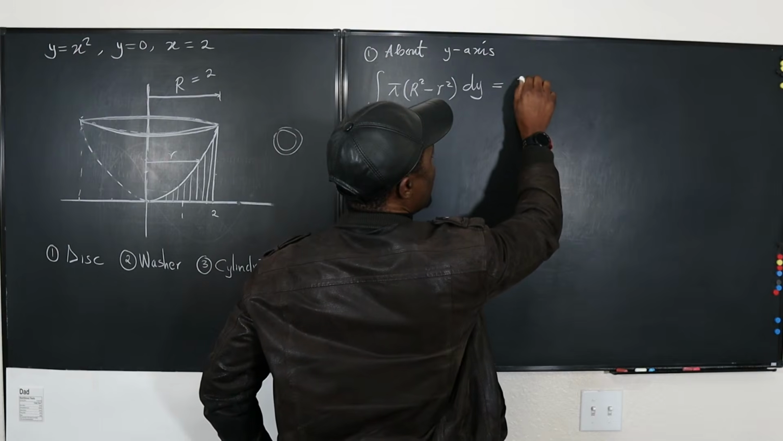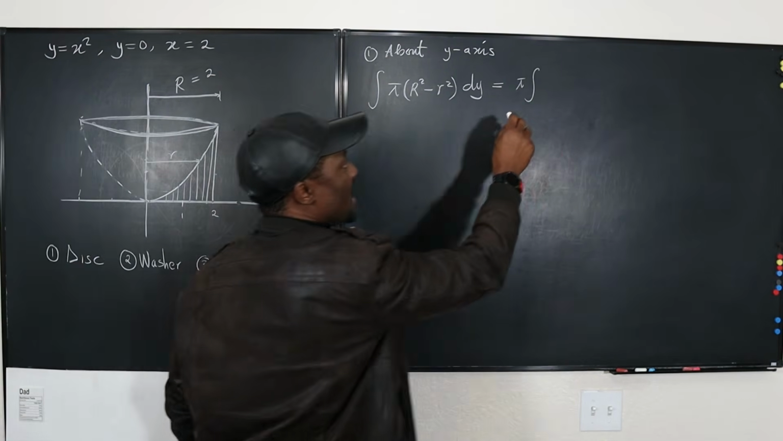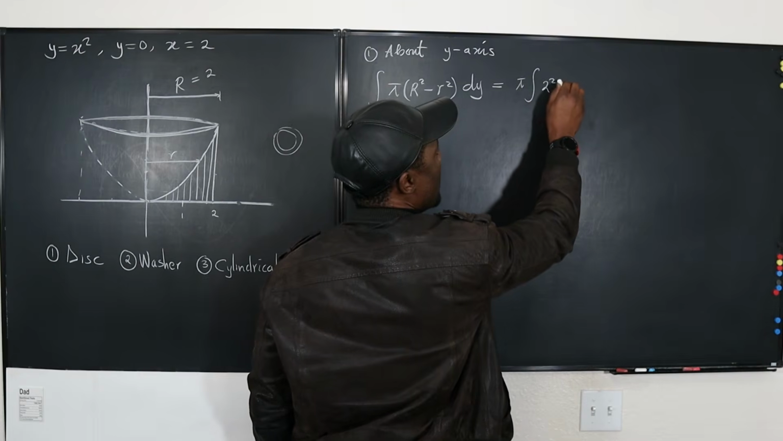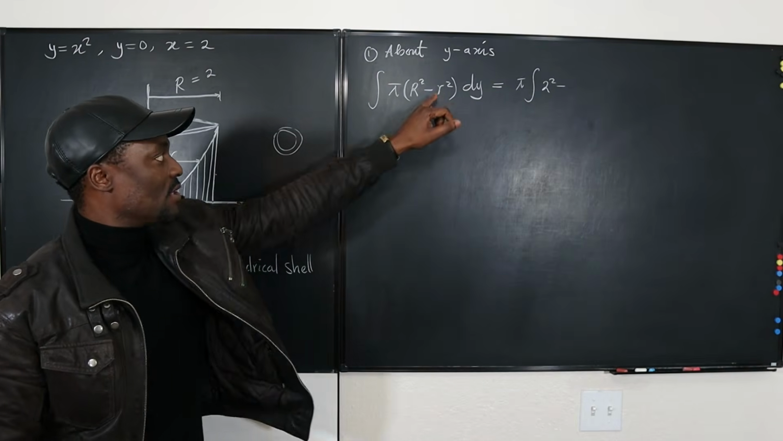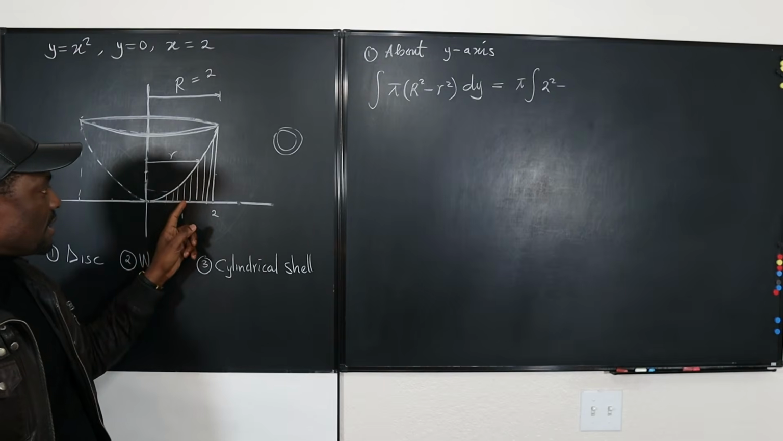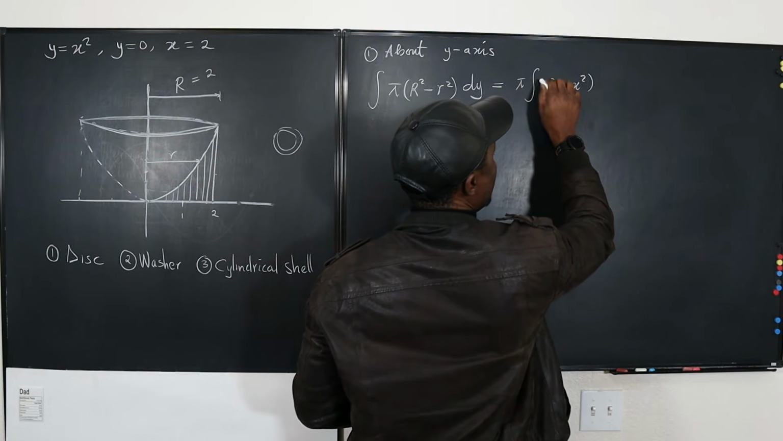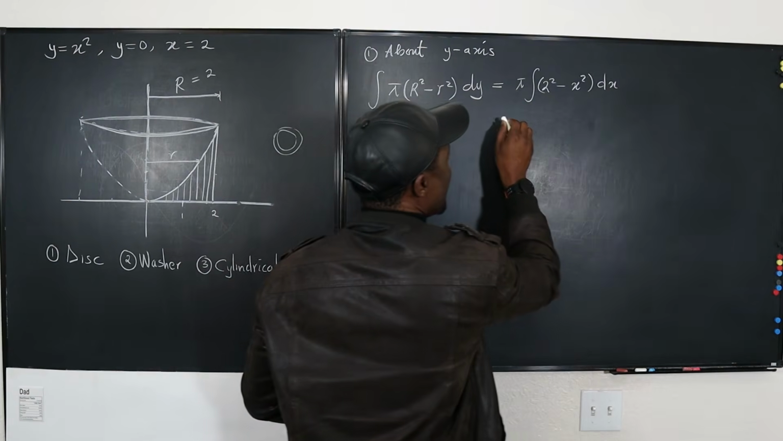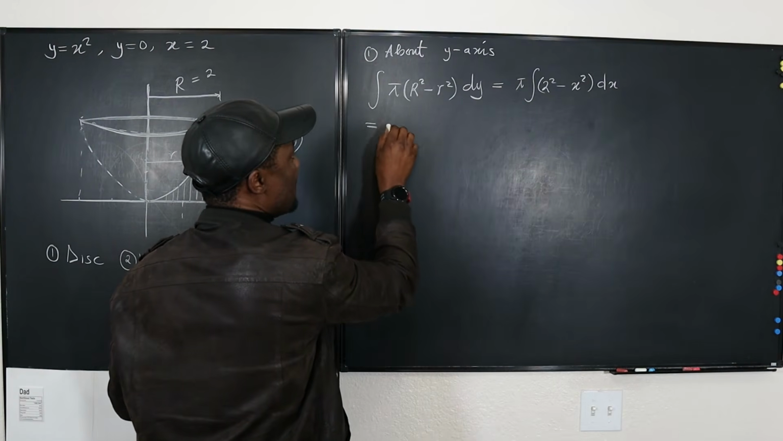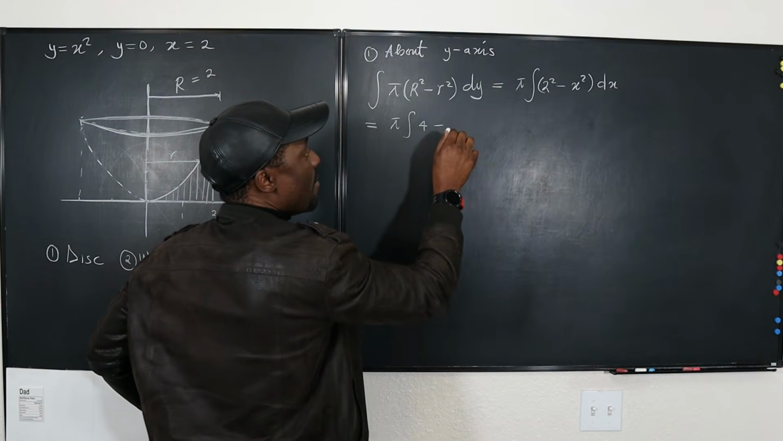This is pi times the integral of the big R. We said the big R is 2, so that's going to be 2 squared minus, we said the small r is any value of x that you can read down here. We're going to say it's going to be x squared, and then we have dx. And as you can see, this is the same thing as pi times the integral of 4 minus